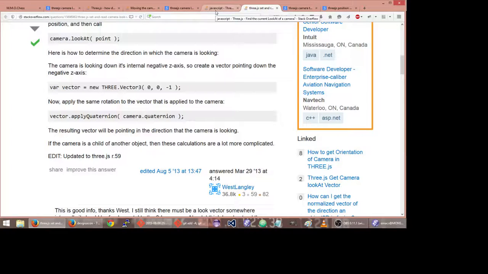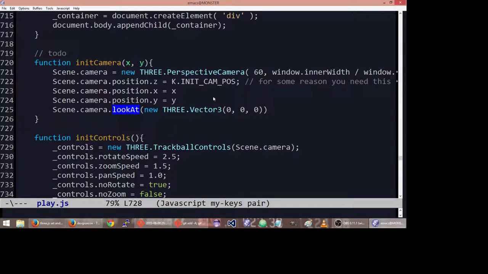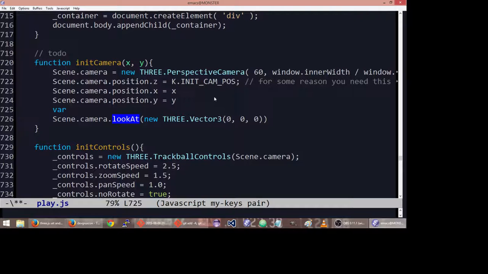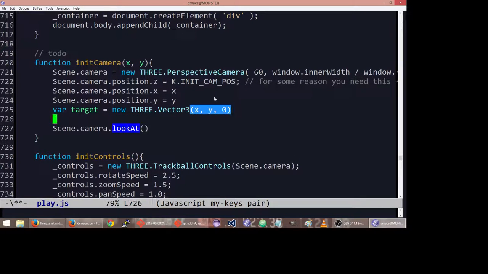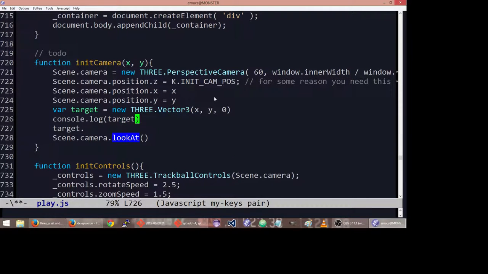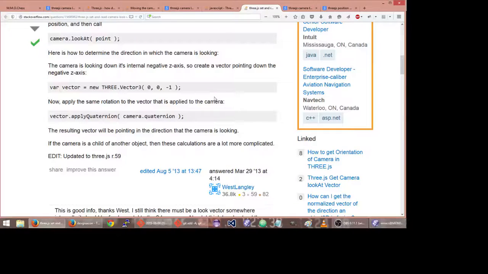Could it be we need to apply? Okay, I'm gonna take a shot in the dark here. So var target equals, oops, x y, and then we're gonna do target dot, let's print it out. Target, okay, and then apply quaternion,